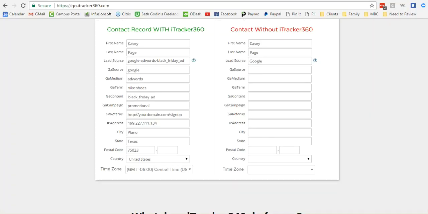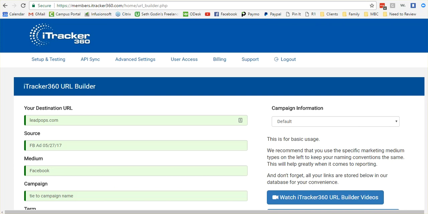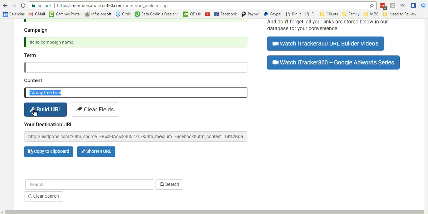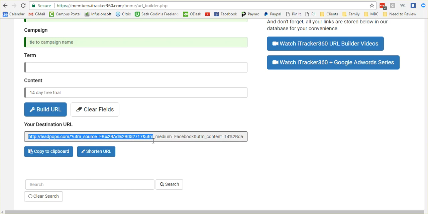So by putting that in there, when we go to run these ads that we're talking about, we can go to the URL builder and decide what we want in these fields. So being able to say what the source was, what the medium was, what campaign we're tying it to. If we're going to put a term in here, like this is a 2-week only ad or something, we can do that. What was the content of the ad? By preloading all this stuff and hitting build URL, this is the URL we're going to give to the advertisers